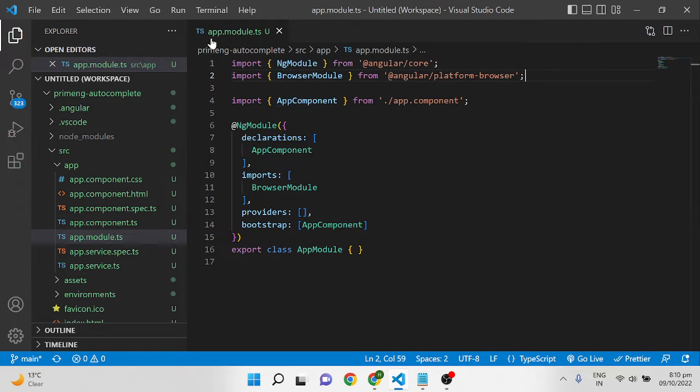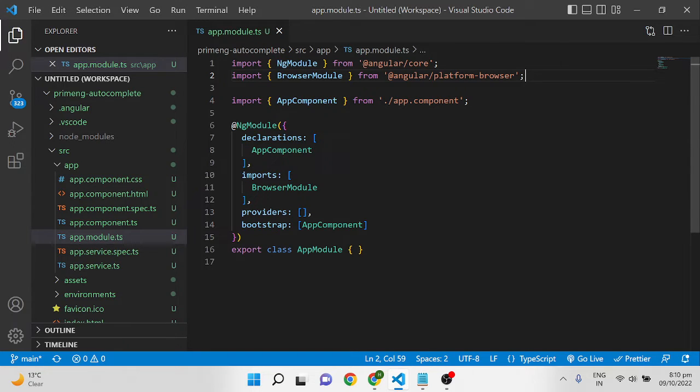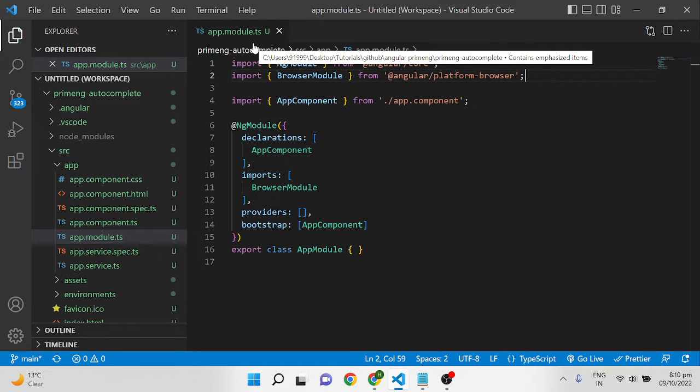So in that we have to first import all the modules required to use the autocomplete. So here I only have one module, that is app.module.ts. Okay, so in your case, if you are using lazy loading, then if you have multiple modules, then wherever you want to use an autocomplete, import all those